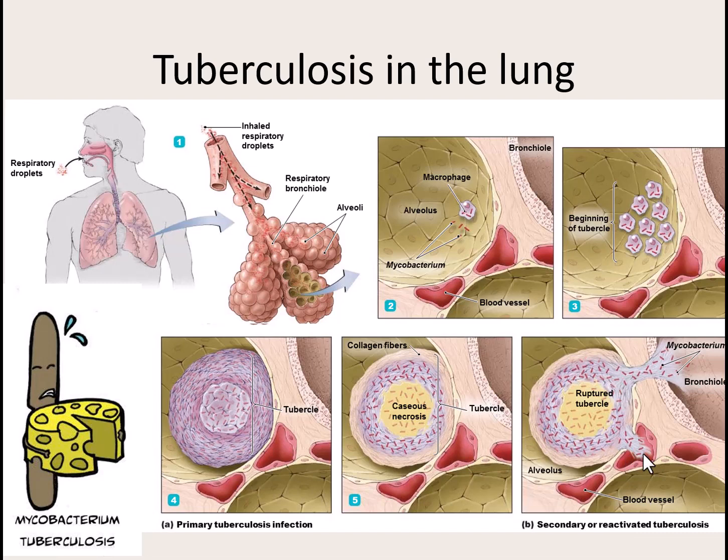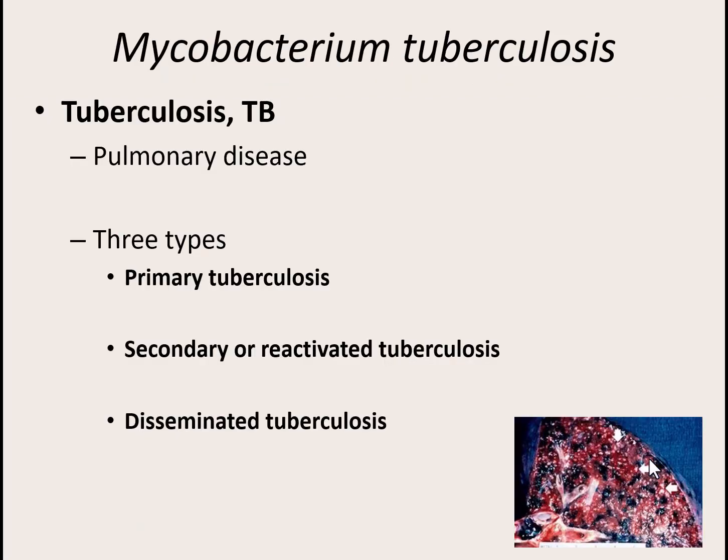Disseminated tuberculosis is if it gets into the bloodstream and doesn't get targeted or destroyed by our immune system there, and it starts to spread to other parts of the body. The other parts of the body that seem to be the top causes of death from this bacteria are the spleen, the kidneys, and even the brain. This is showing some images. These white masses in the lung tissues are the actual tubercles that are growing. We can easily see this on x-rays and MRIs.